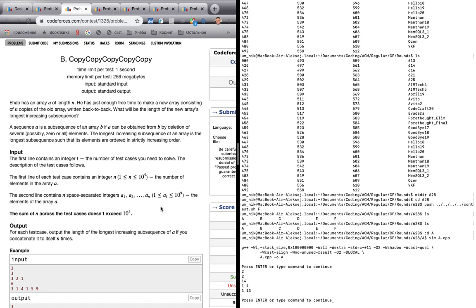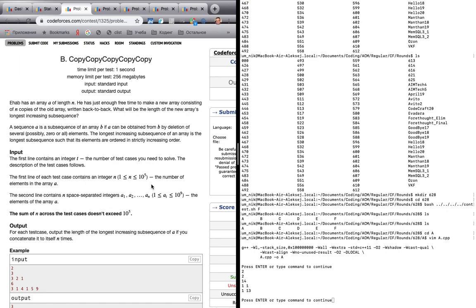But since we copy n times, we can see that the length of the longest increasing subsequence cannot be more than the number of different elements, because obviously in an increasing subsequence, all the elements should be different and they all should be from our initial sequence. So the length of the longest increasing subsequence cannot be more than the number of different elements,